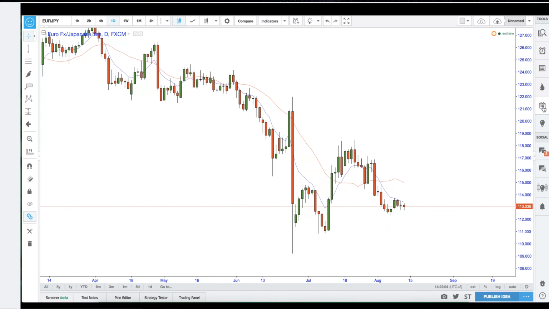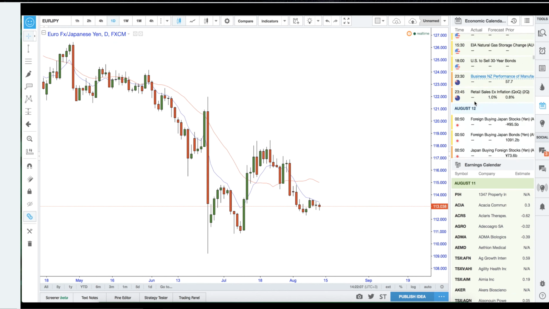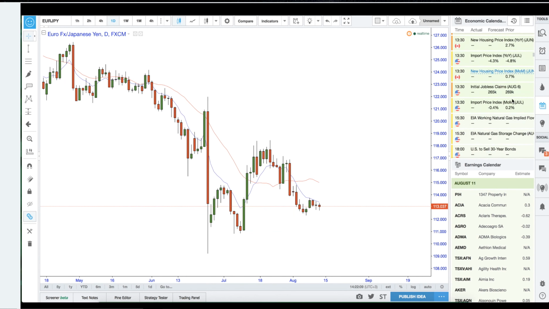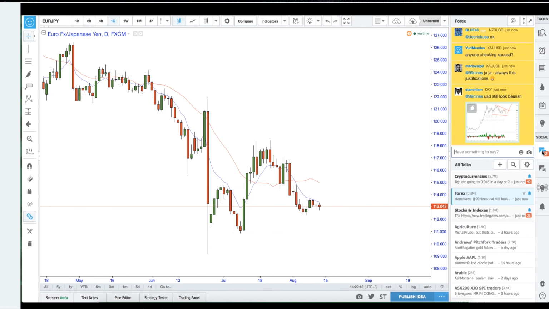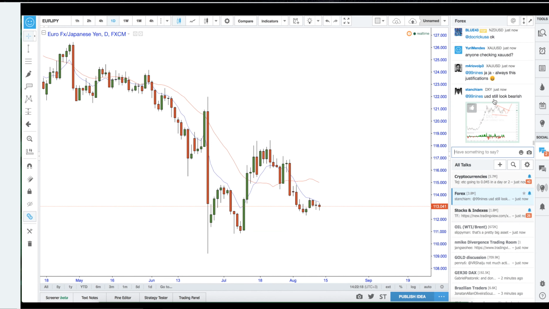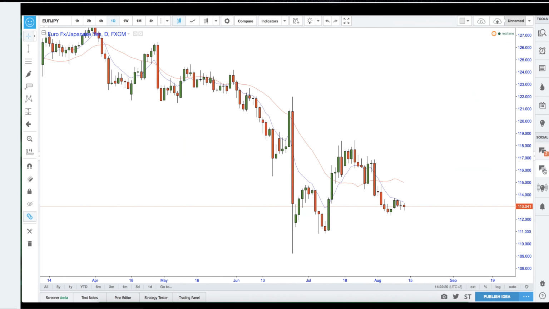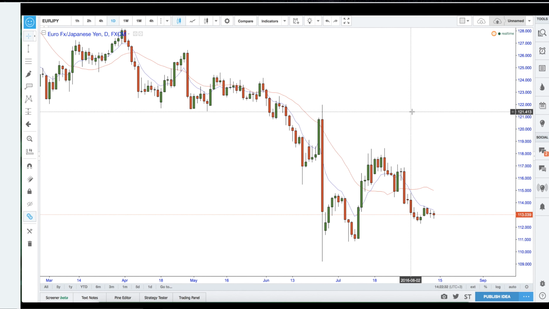Last but not least, we have the calendar. We have the economic calendar on TradingView as well. And you can see all of the news for the day and week ahead. Over here, we have a chat box. I do recommend staying away from this. This is where people just talk all day and confuse each other and so forth. Private messages, people might message you and so on. But yeah, that's sort of that. So there are all of the settings and features. Fibonacci, moving averages, time frames, everything. Okay, and how to save your charts and so on.